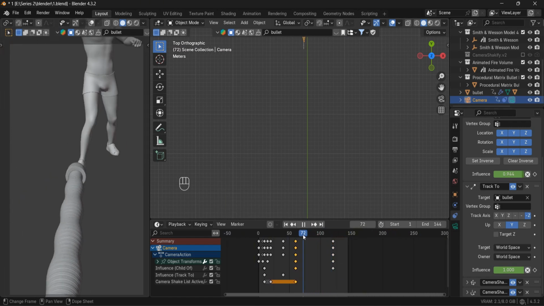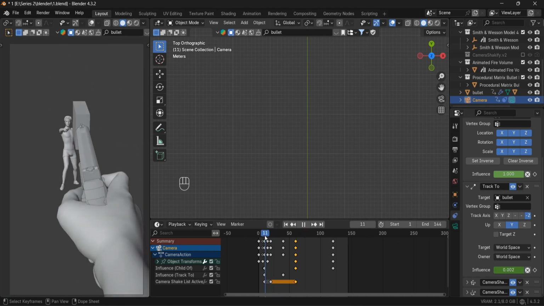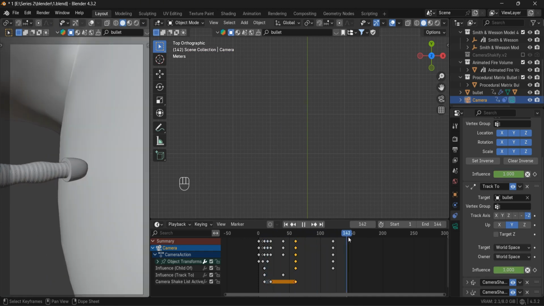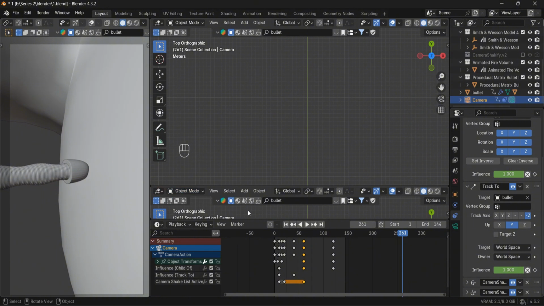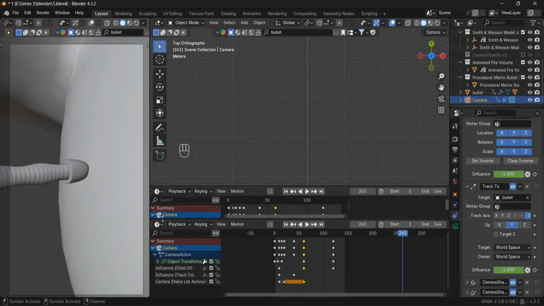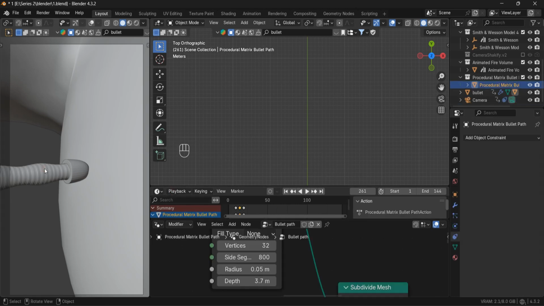One more thing, you can see the path. It is not animating. There is no motion, no movement. It is looking something like robotic. What we can do, we can add a little bit motion over here from frame 10 to like frame 120 or maybe 240. For that, what I can do, simply I'm bring up one more window over here and make it up to timeline and convert this one to the geometry node. Select my path, bullet path,